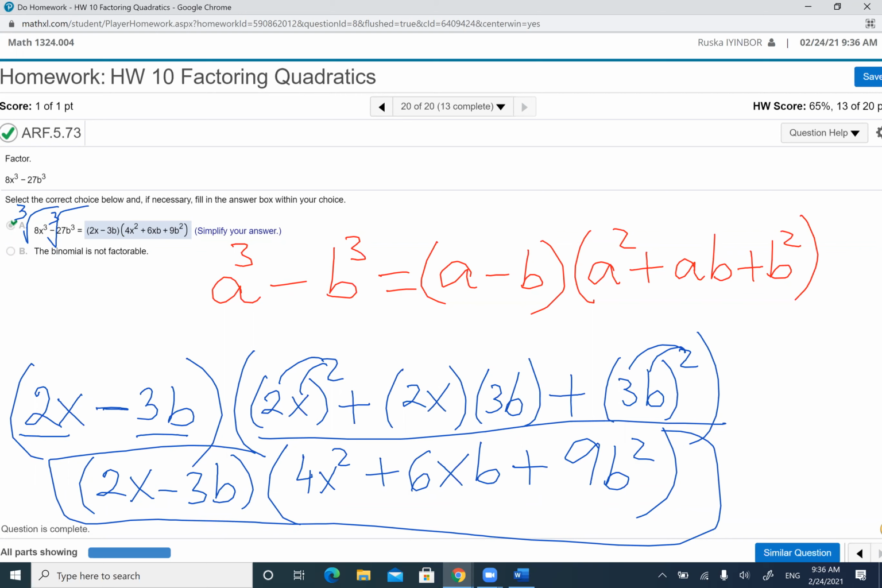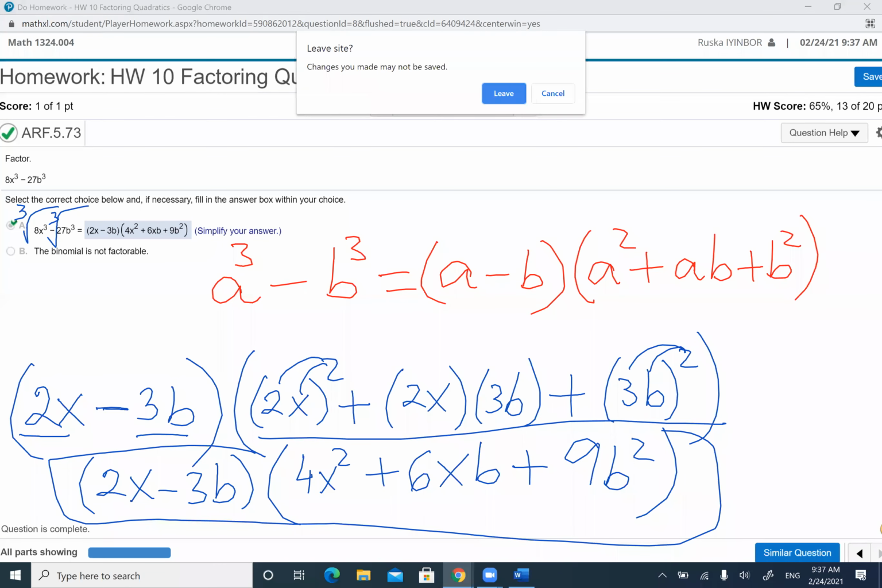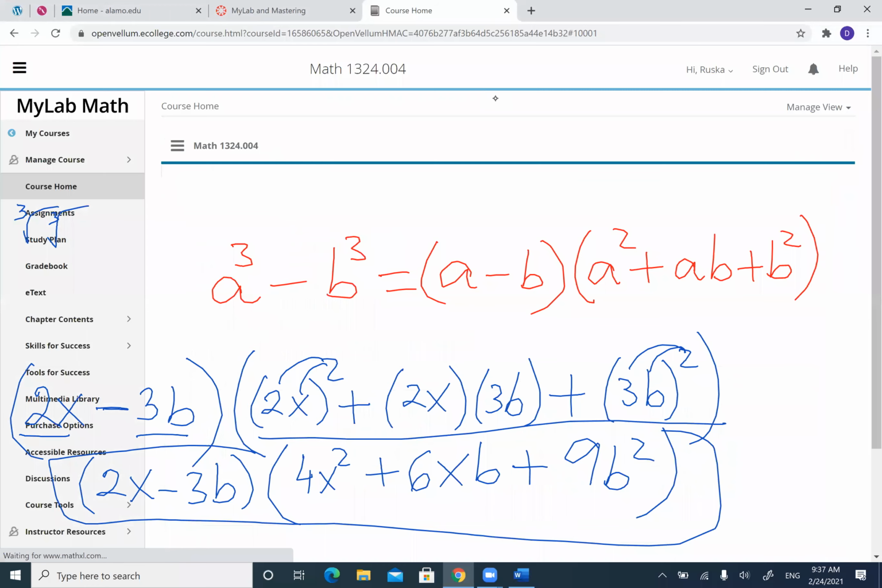Now, I'm going to show you how to solve equations by factoring. That's what I meant. Sorry. I don't know why I said grouping. Okay, so this was homework 10, where this homework teaches you how to factor. And then the next homework is,